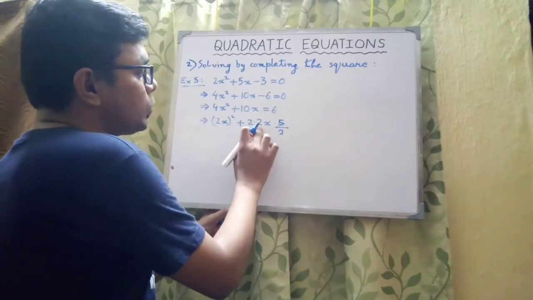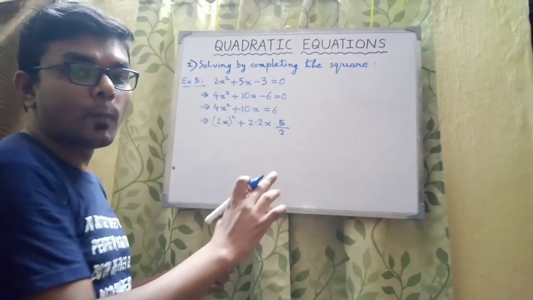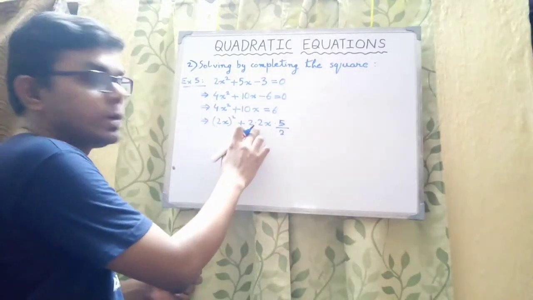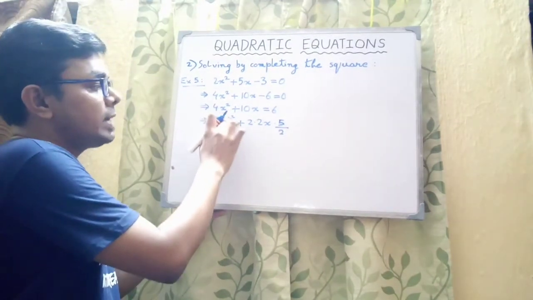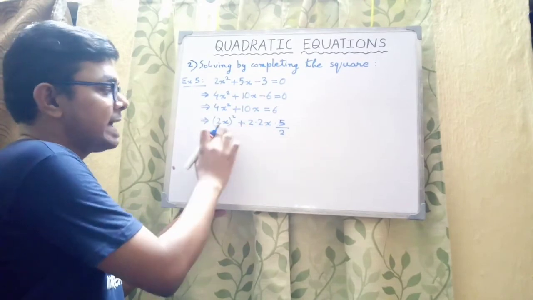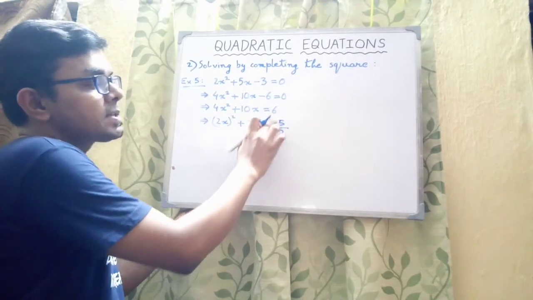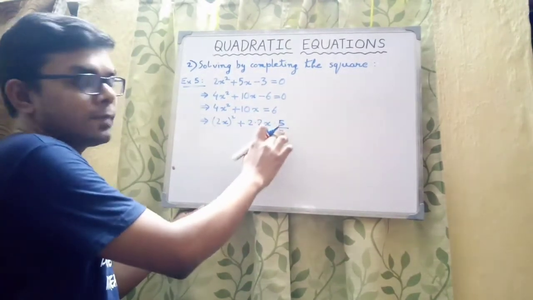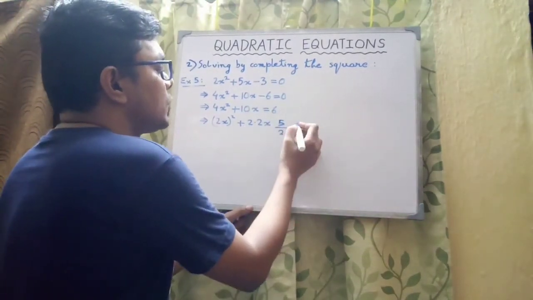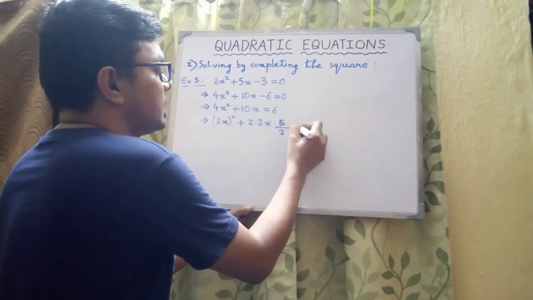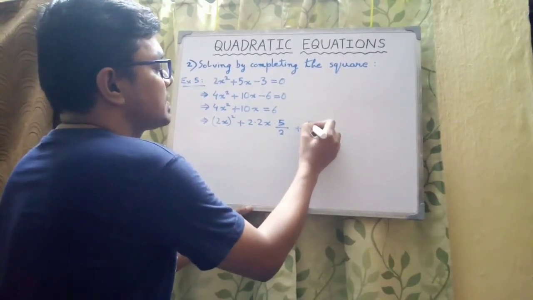So 2 into 2x into 5 by 2. I hope all of you are understanding why I have written 2 into 2x here, because we got a 2x whole square over here. A squared plus 2 into a, this is the a term, that is 2x, and the b term which we just found out, that is 5 by 2. So the b term is here, 2ab. So we have to bring plus b squared